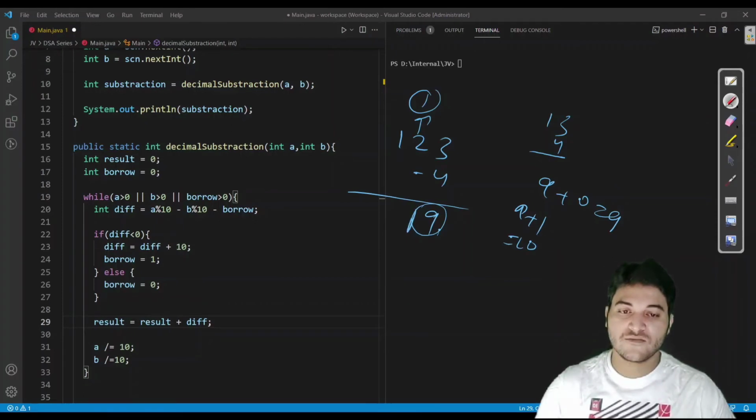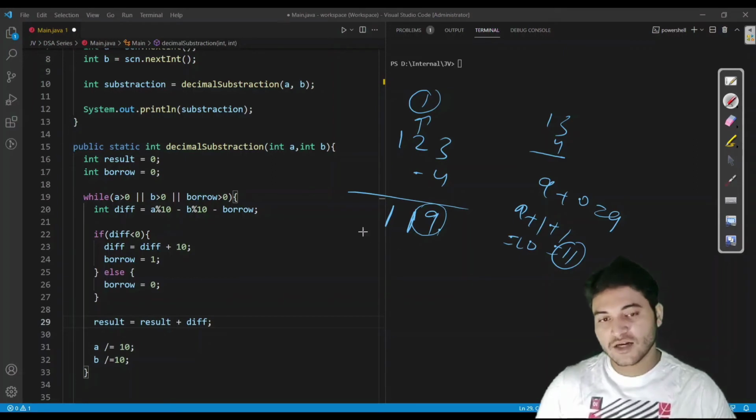We have to get 19. So 2, and also we have 1 here, so we have to get 19. And if we follow this, suppose we would add 1 again here and we would get 11. So 11 is not the answer. So to get the output in this form, what we used to do is multiply the difference.